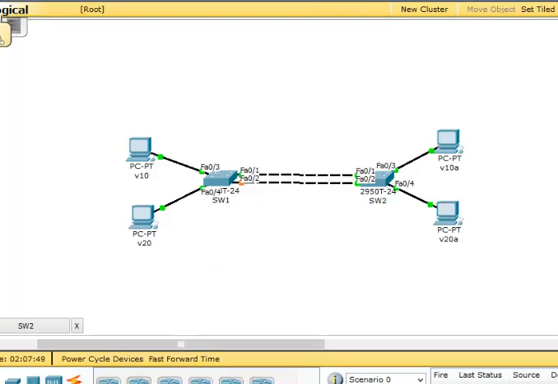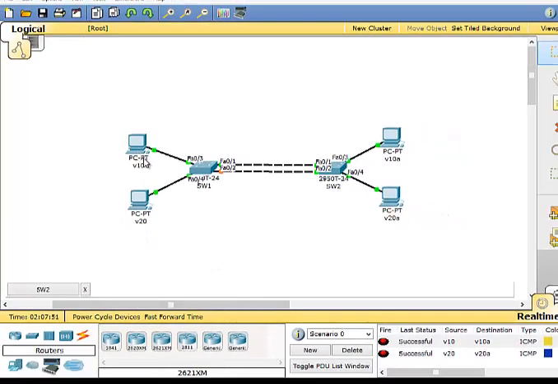I have successfully pinged VLAN 10 to VLAN 10 and the other. I have successfully configured all VLANs. So this is how the basic VLAN configuration is done. Thank you.